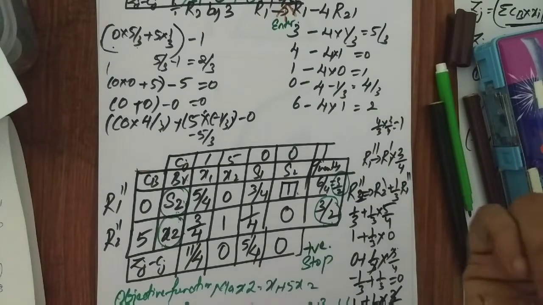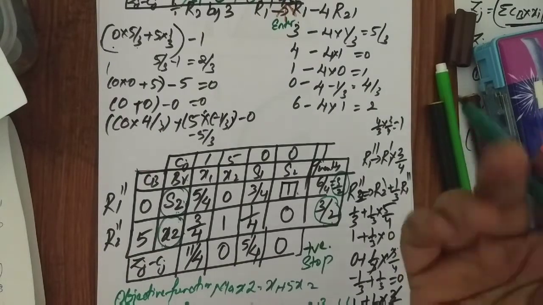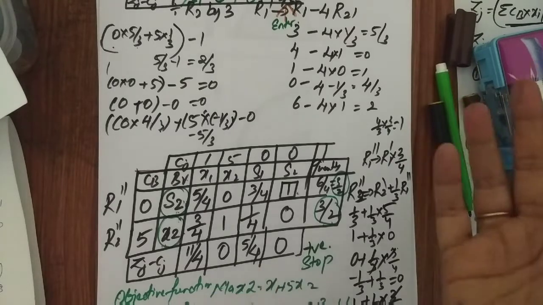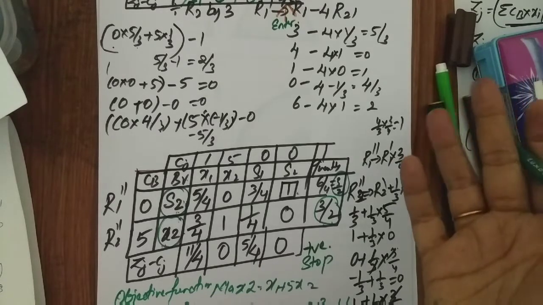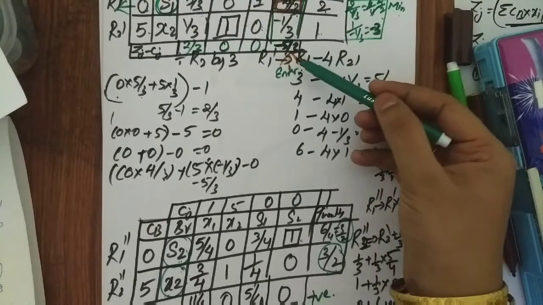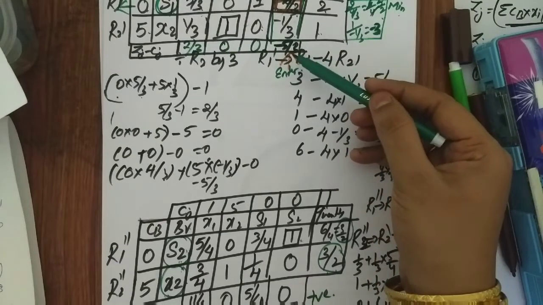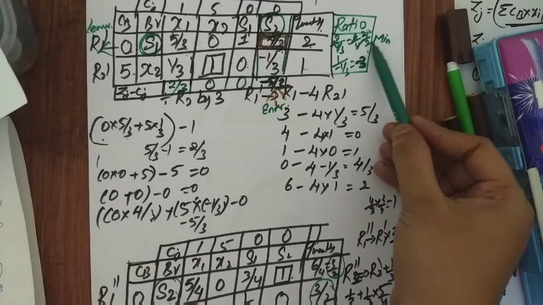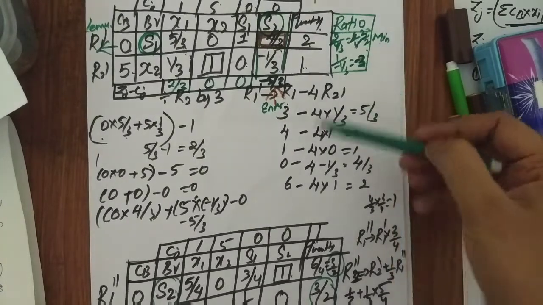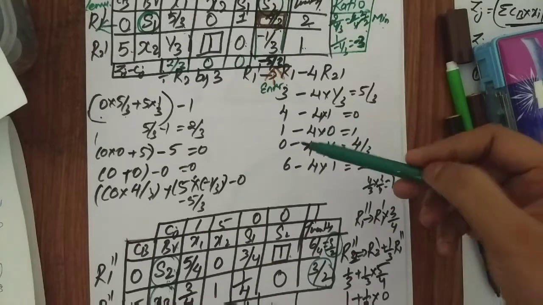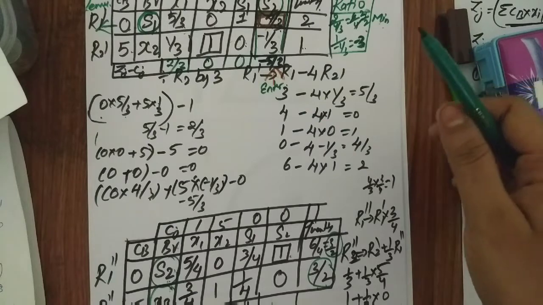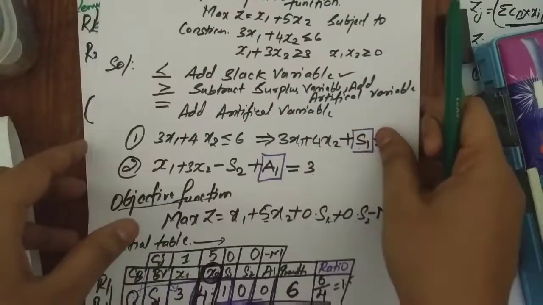So go through the entire video once again for your better understanding. It is a use of simplex method again and again. Only thing you should know which is going to leave the table, which is going to enter the table. Entering variable is always the maximum value, numerically large. Leaving variable is always the minimum value of your ratio. Then repeat the same process. Artificial variable will have minus M as a coefficient.